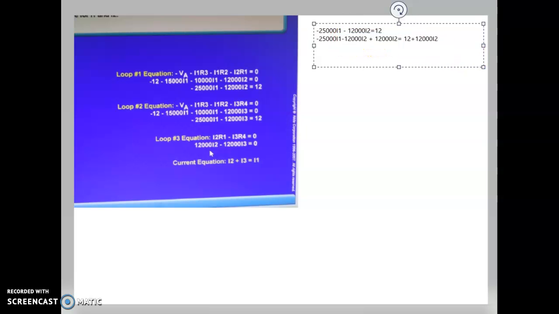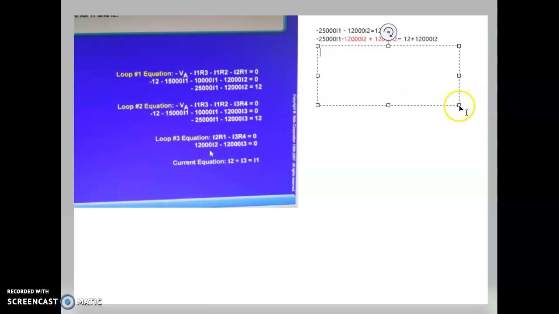I can actually recolor them, is I canceled those two out. And also what I just did was click out of my text box, which means I have to create another one, but that's okay. So we'll pop another one in here. Now, because those canceled out, I've got minus 25,000 I1. Those two cancel out, so that equals 12 plus 12,000